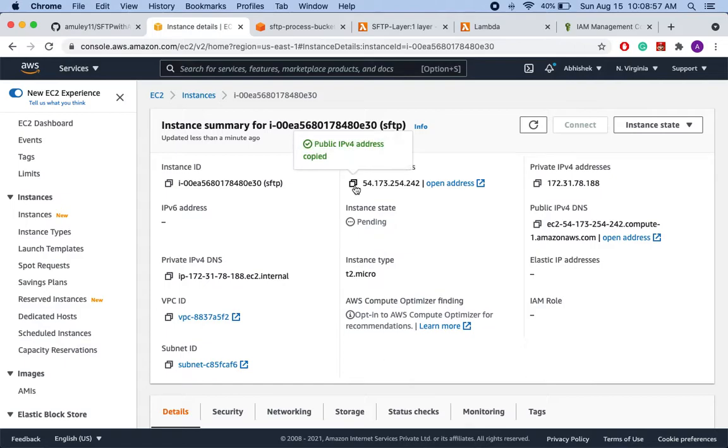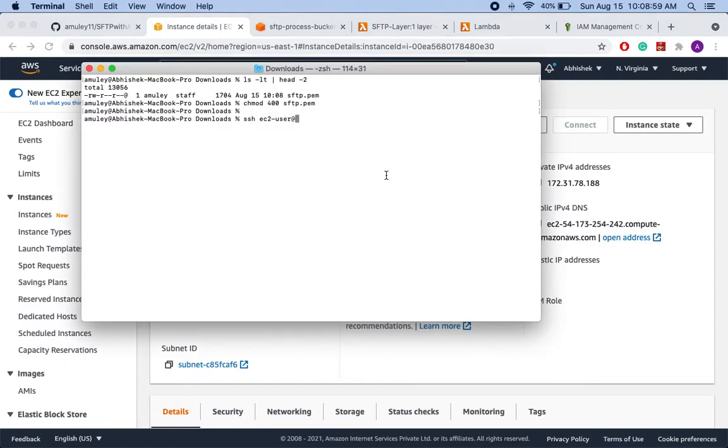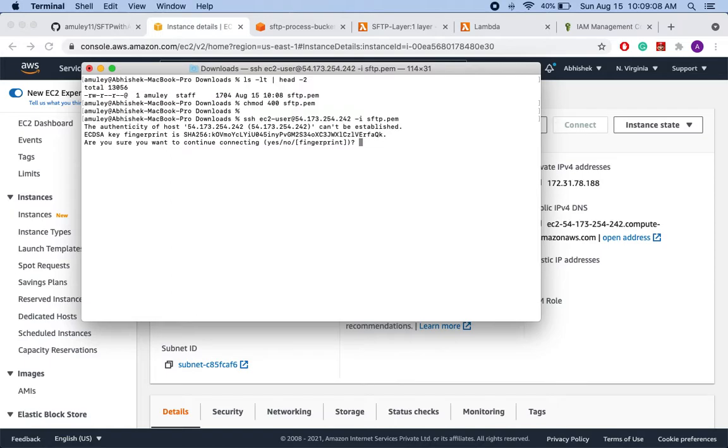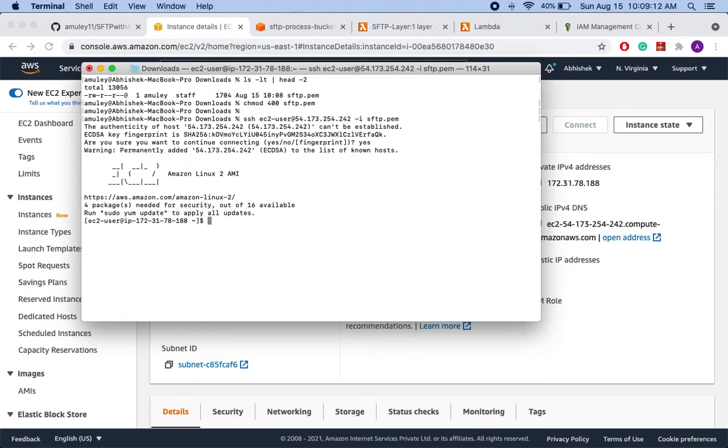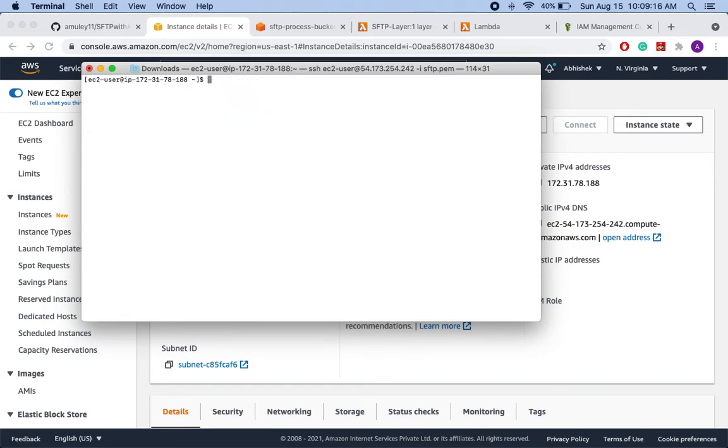So this is the public IP address and the key name. Okay, so we have logged on to the EC2 instance, and this is the present working directory.